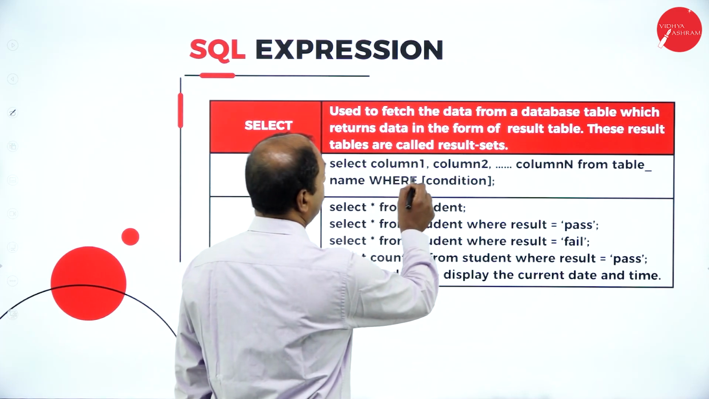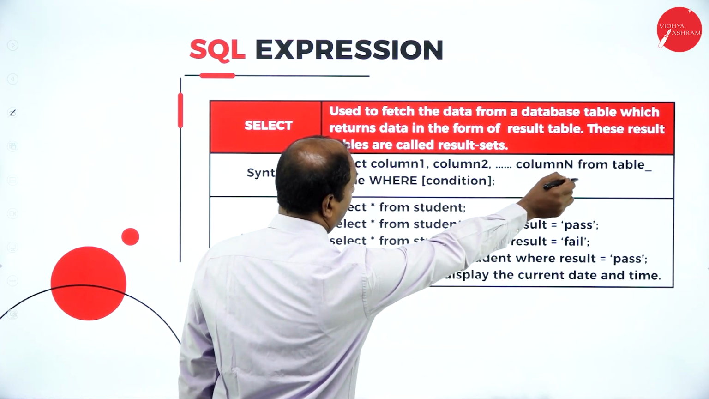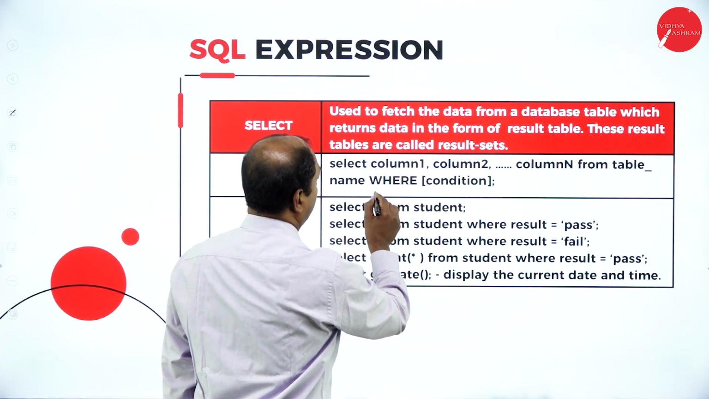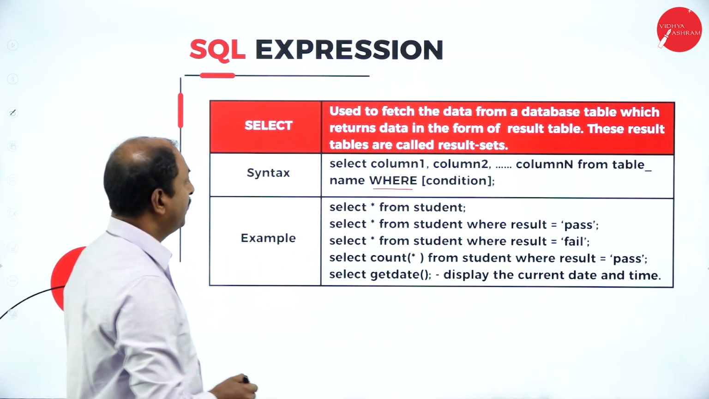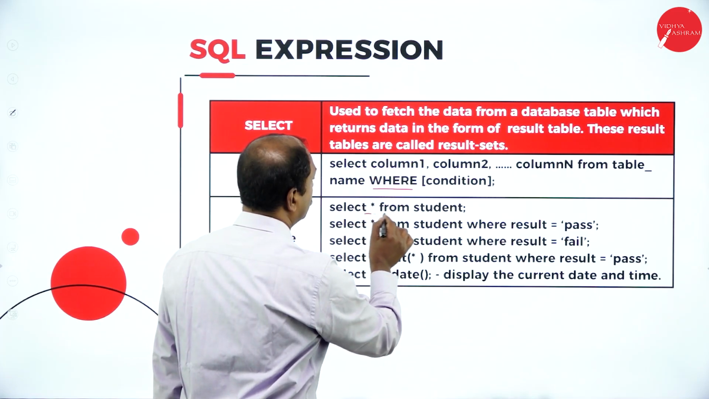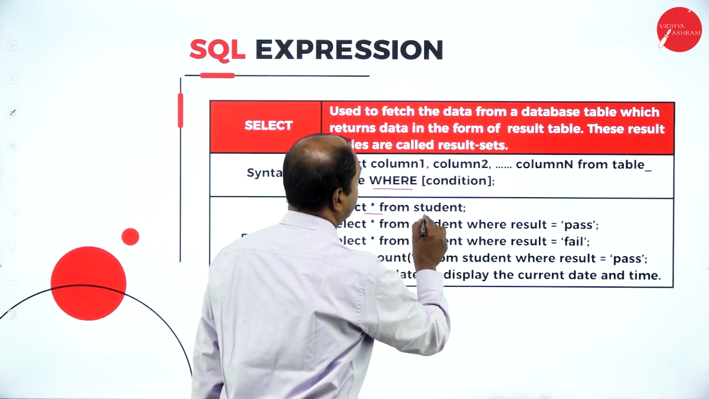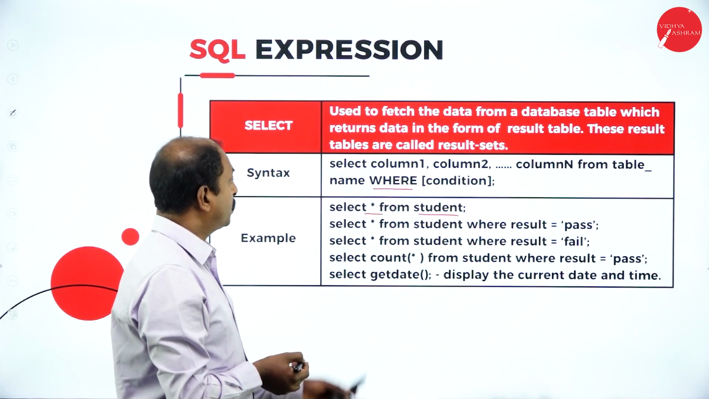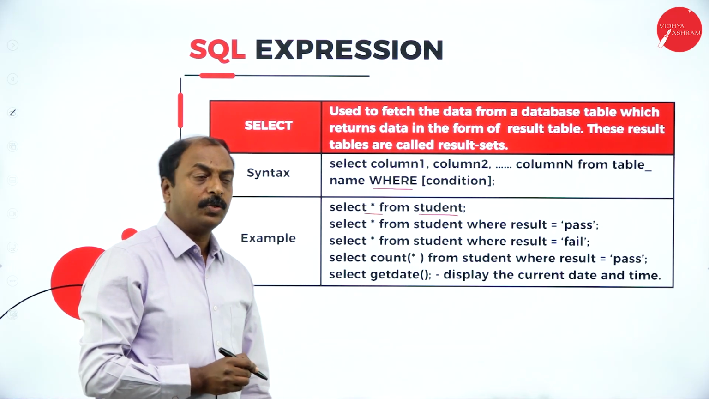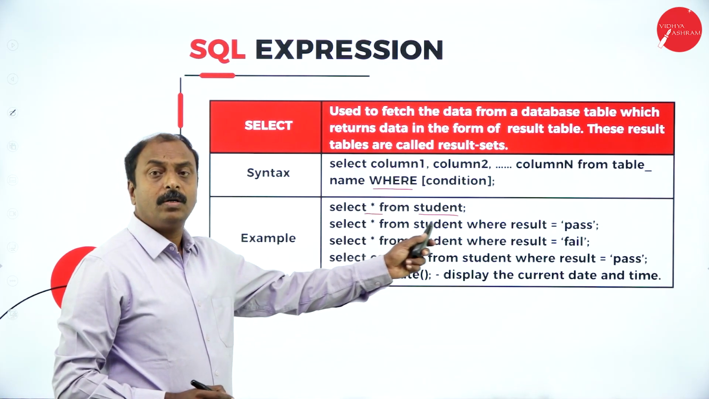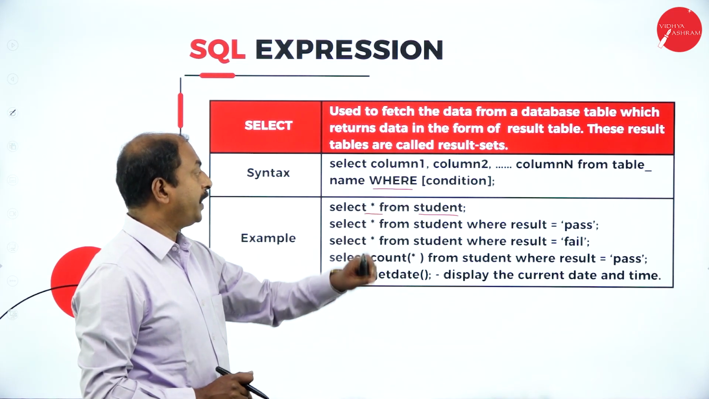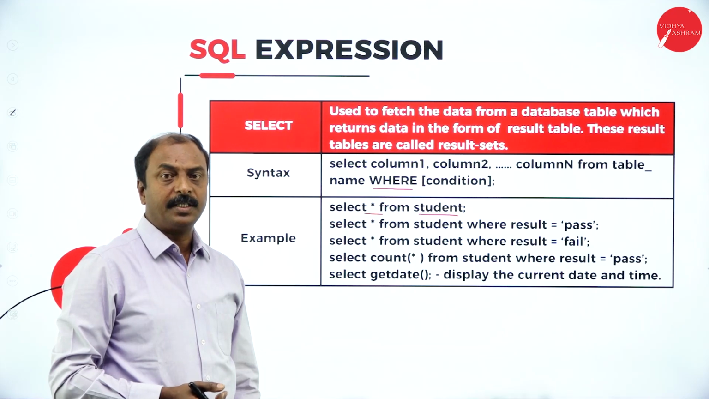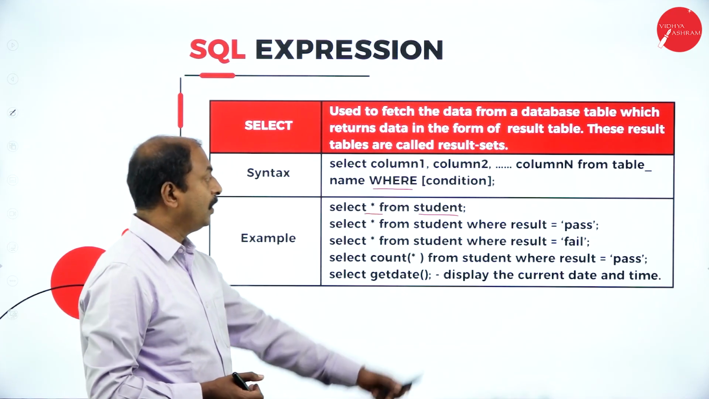Select column 1, column 2, dash, column n from the table name where condition. That is the syntax. Now look at the example: select star from student. Here student is the name of the table. Star is called a wildcard, so it is going to display all the records, all the fields of the table student. It means it is going to fetch, or retrieve, all the data